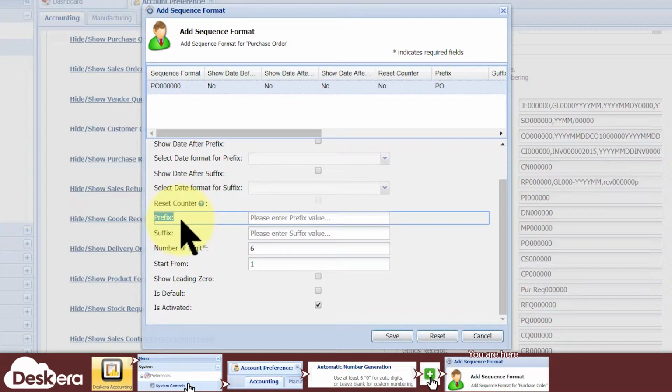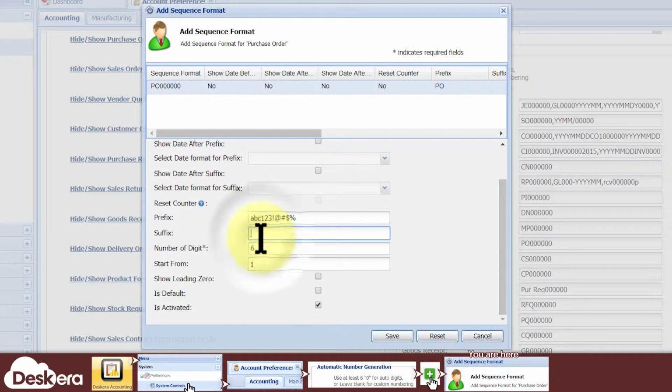Next, you can add your own prefixes and suffixes to the digit sequence to make it more descriptive and meaningful. They can be any letter, number, and most special characters and punctuation marks. In my example, a meaningful prefix would perhaps be PO to stand for purchase order. And if I want my users to use different sequence formats depending on what's being purchased, such as products, services, assets, or raw materials, I would create multiple sequence formats and suffix them with a P, S, A, or RM,